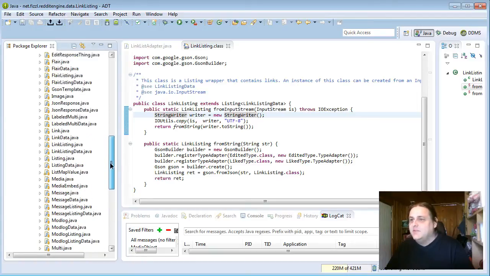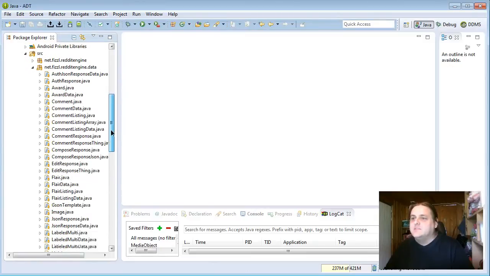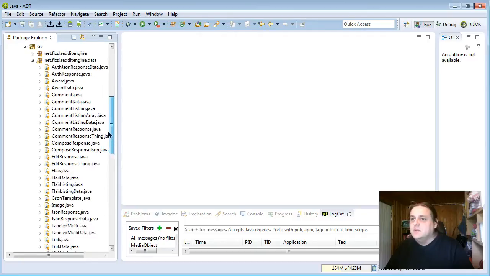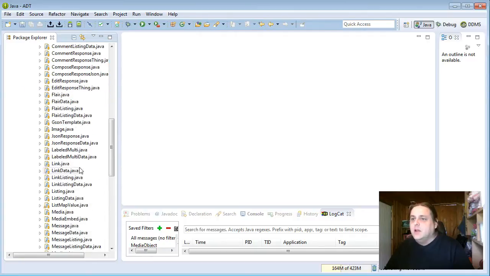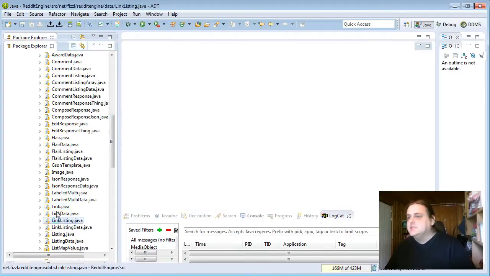Maybe both are valid. But let's find the linked list here. And these classes which are in this list contain pretty much every type of data the Reddit API ever returns. So for instance, in this case we wanted a link listing,